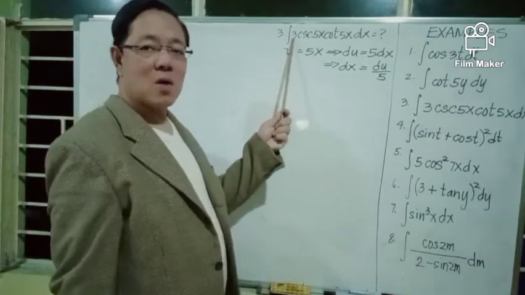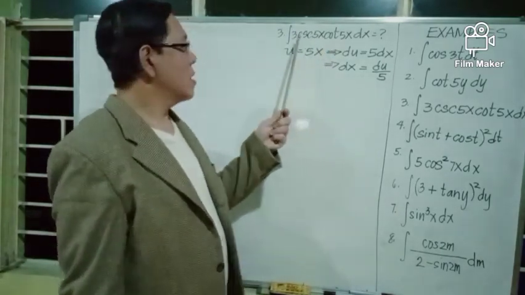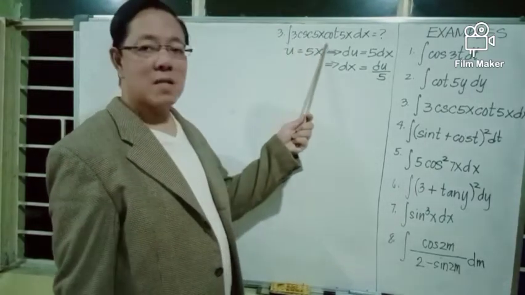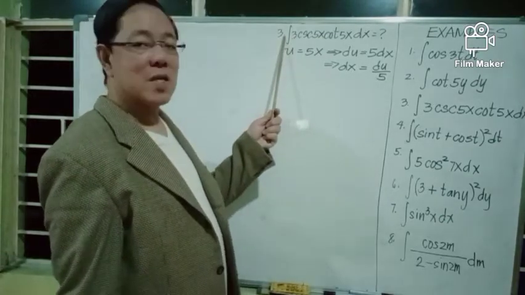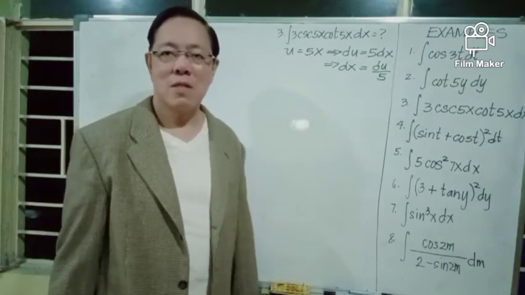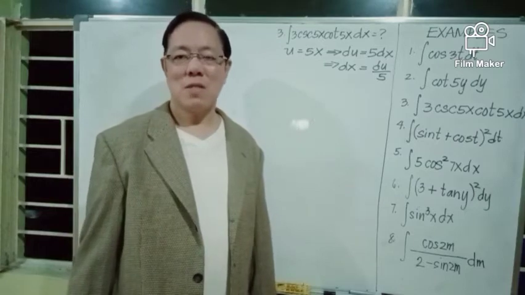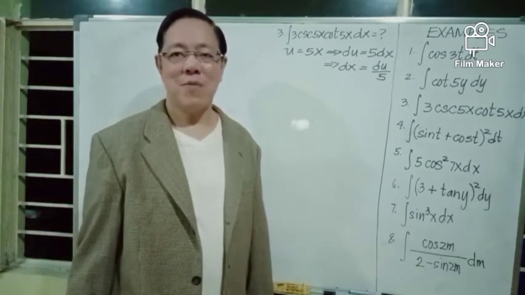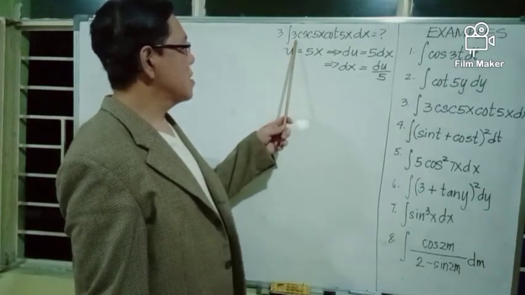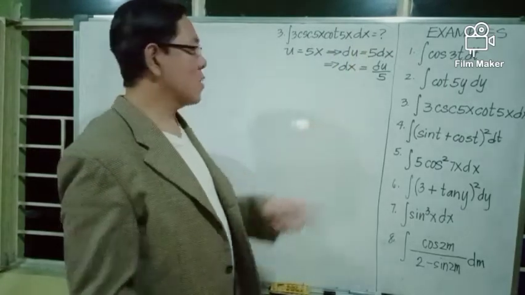Now we have 3 as the coefficient of cosecant 5x cotangent 5x. And you can bring this out of the integrand. You can write this in front of the integral sign. That's by the property of the integration rule that says the integral of a product of a constant and a function equals the constant times the integral of the function. Hence, the integral of 3 times cosecant 5x cotangent 5x with respect to x equals